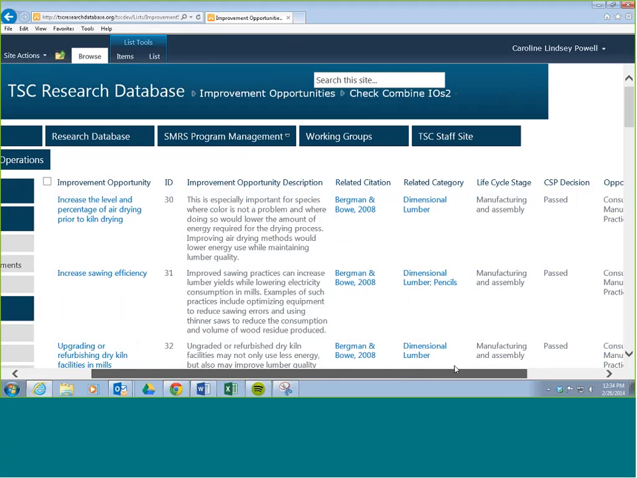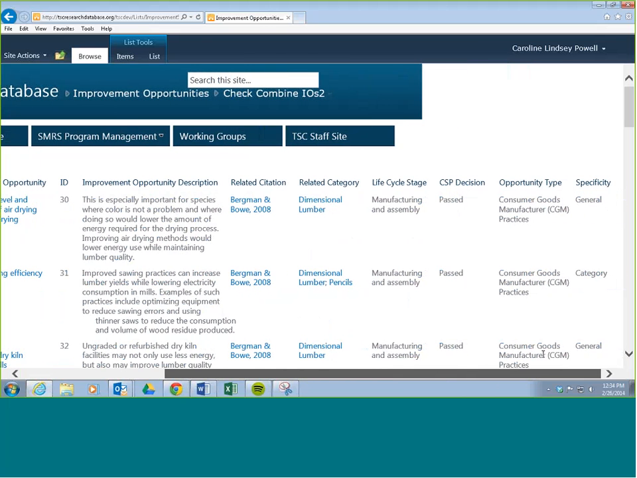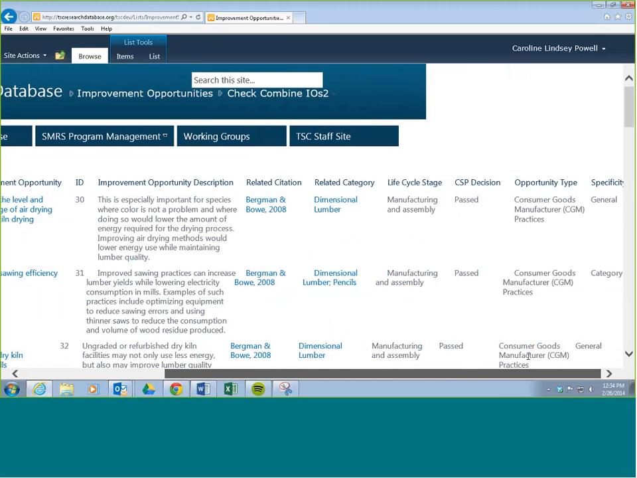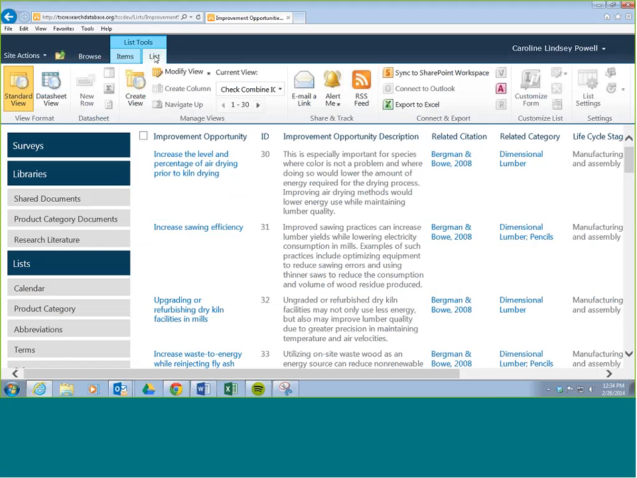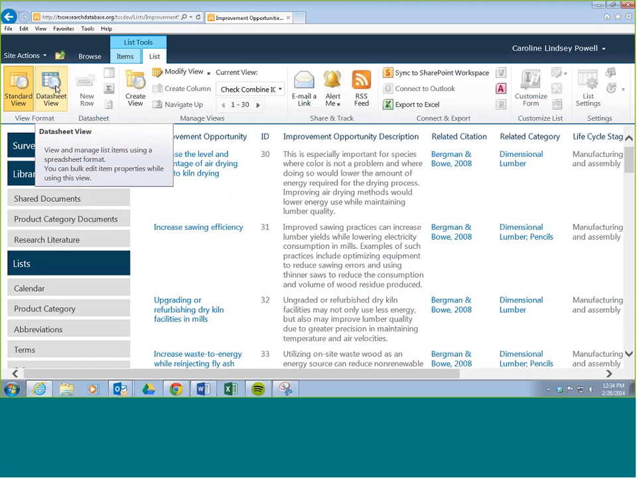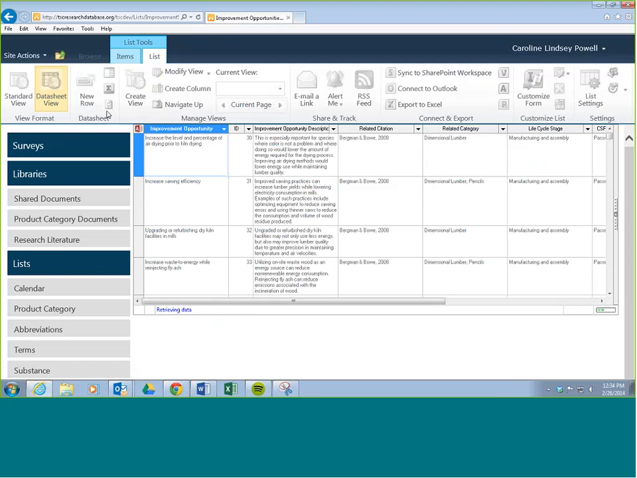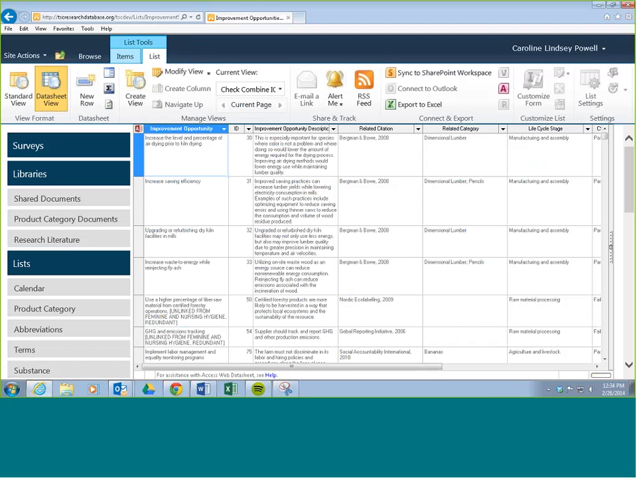So I want to rearrange the columns so that I'm looking at all of the things I want to look at together. So to do that, I'm going to click up here to list and go to data sheet view. And again, a warning on data sheet view. What I'm going to show you is the only thing that you're allowed to do in data sheet view, which is to rearrange columns. And always be very careful when using that, because you could mess up the database for everyone else if you make edits in this view. So I'm going to click on data sheet view